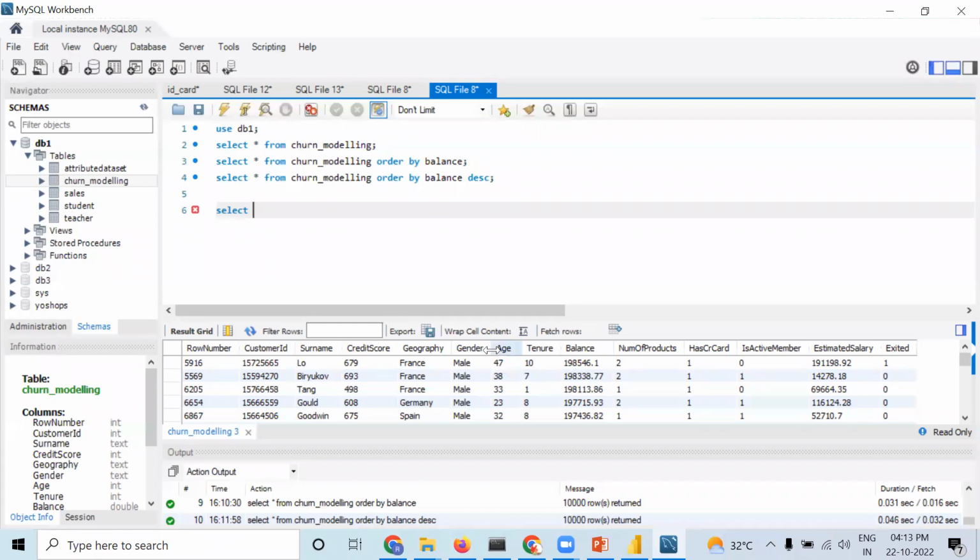So I am writing select age. Age is a column in this particular table, right? So select age. Then I'm using the average function AVG. Within brackets, I am writing balance. Balance means this balance column. From churn modeling,